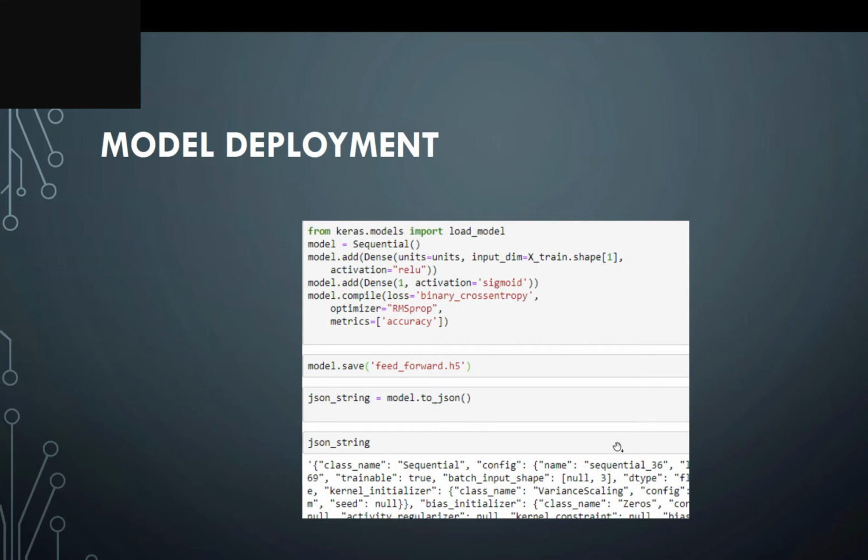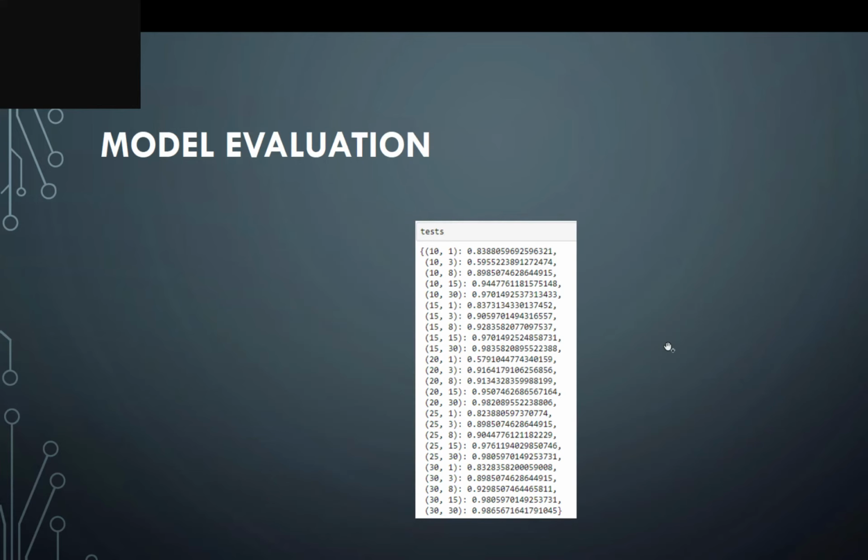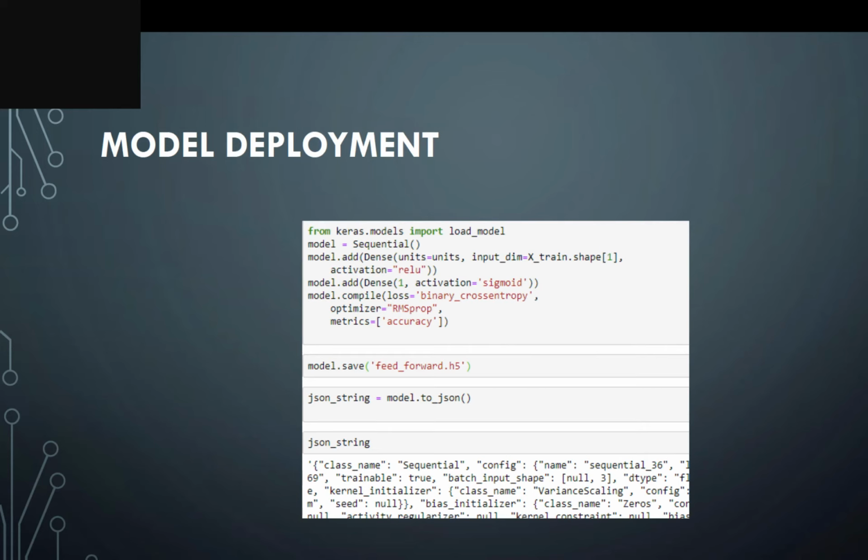This is of course way too easy for the neural network to figure out, because it's just a linear combination of some of the attributes, but it already showcases the power of neural networks. When it comes to model deployment, Keras allows us to serialize the model into a JSON file or into a binary file, and then it can be deployed on the cloud.